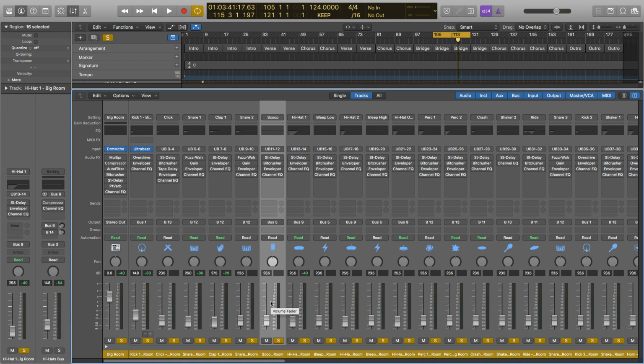Whereas if it were from the viewer's perspective, it would be the opposite. So they'd be looking at the drummer from the front, and the hi-hats would be on the right to him, whereas the low toms would be on the left. Okay, so we'll just go through and pan a few bits on our kit just to give you an idea